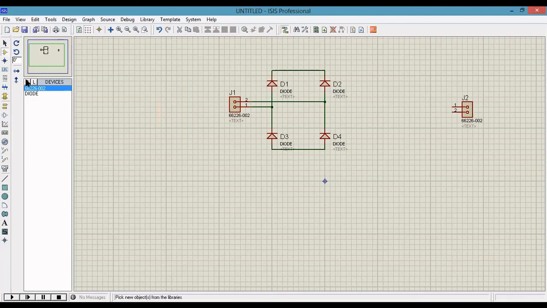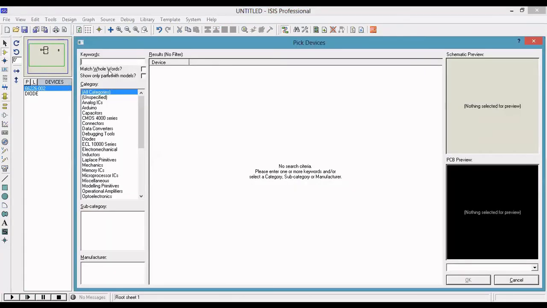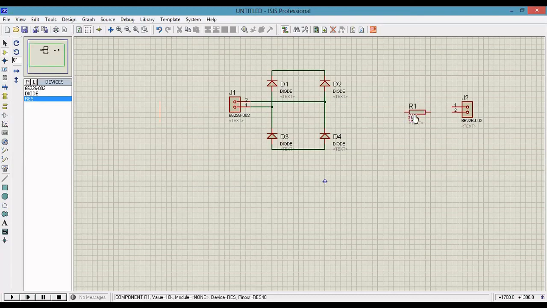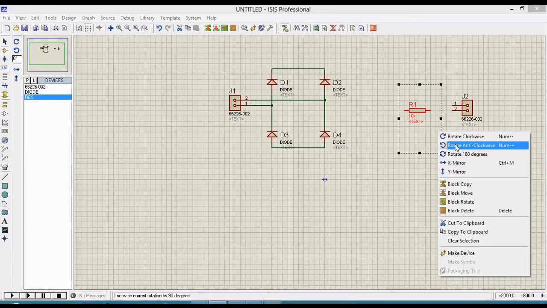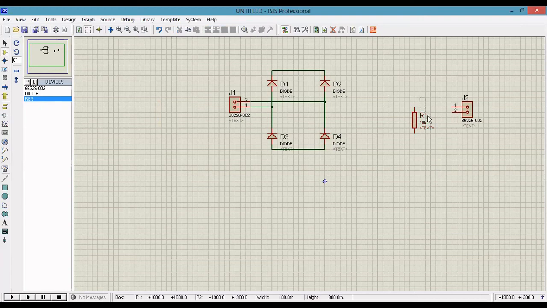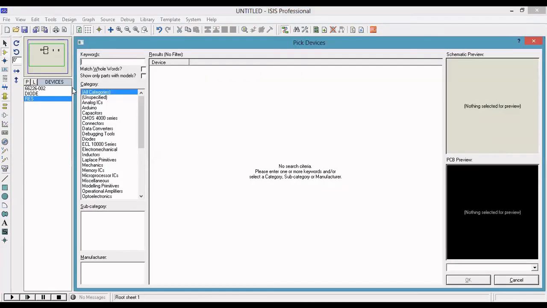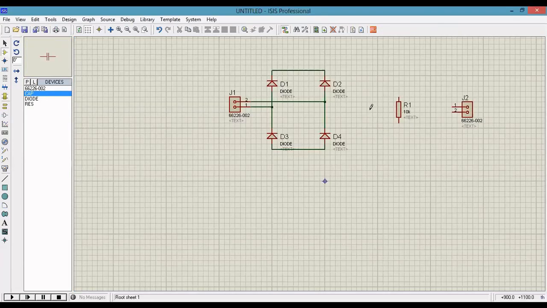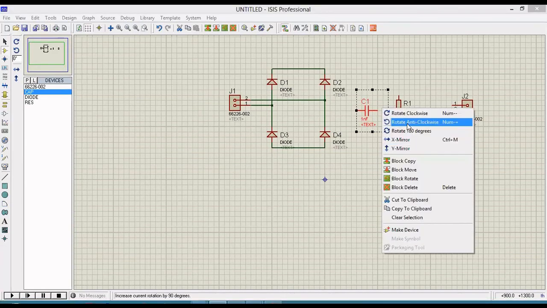Next, for output we need one resistance. So type resistance. Just rotate. Next one, we need one capacitor. So type CAP. You get a capacitor. We also rotate this capacitor.